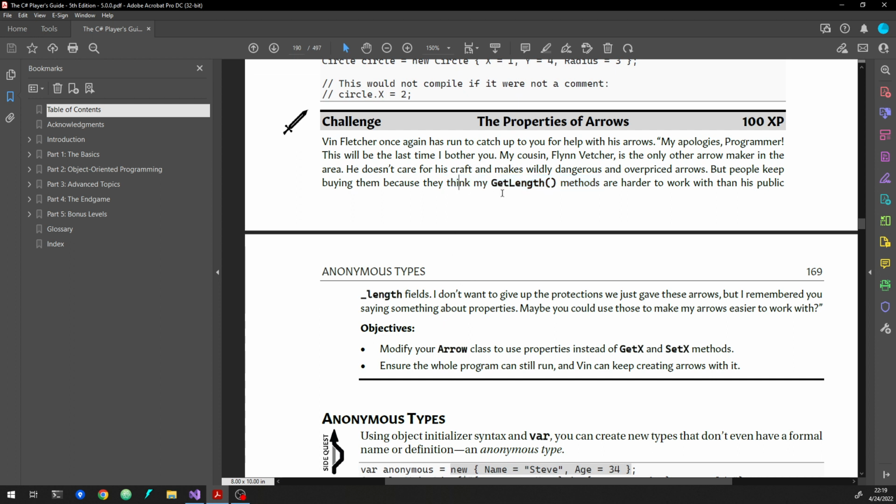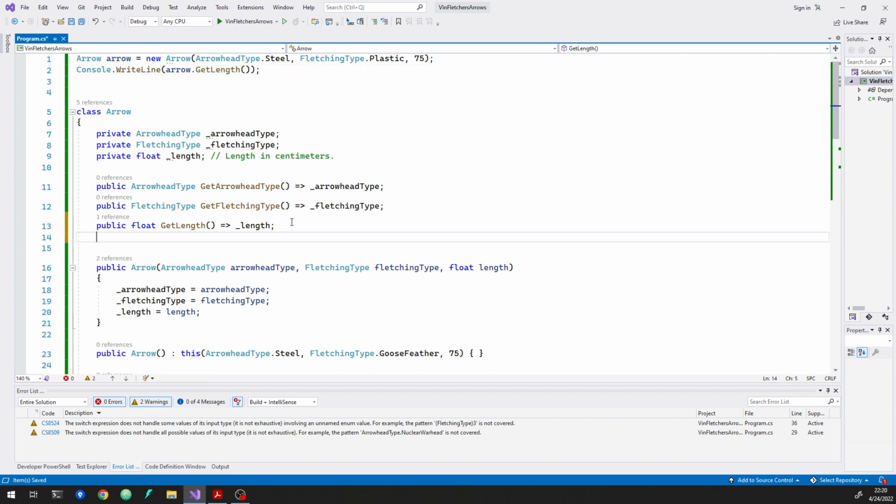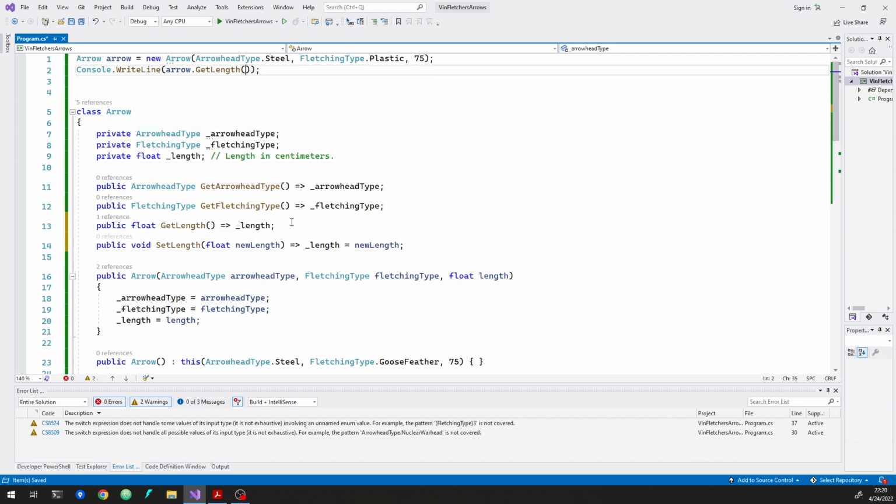So what we want to do here is, in the last one we switched it to having these be private and having public getters. However, all this get length, and at one point in the last challenge I actually had that in there, and then we had something like